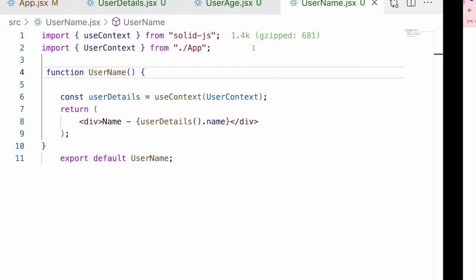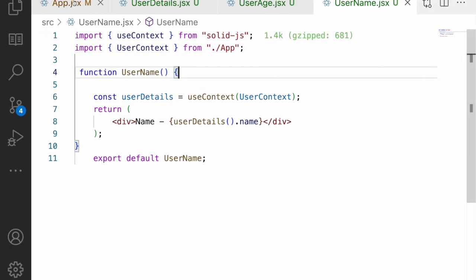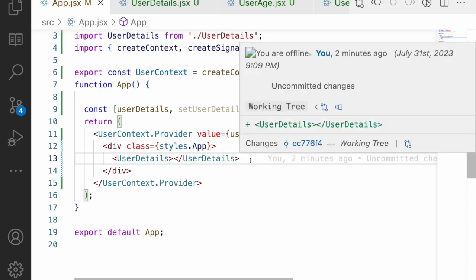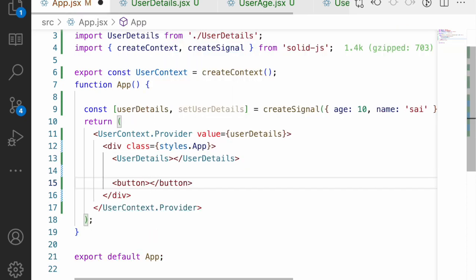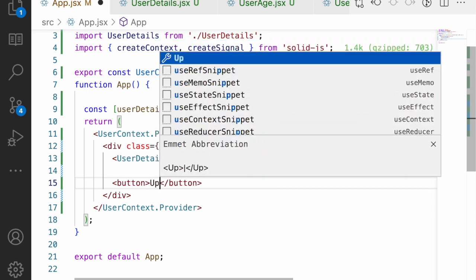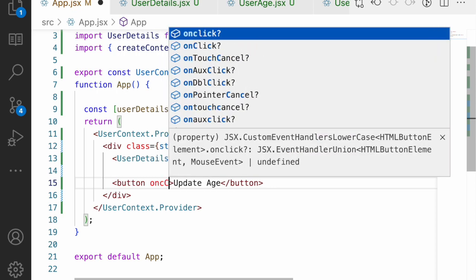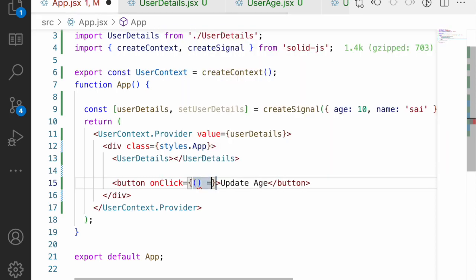Now, if you update that value, in that case, it will not follow the nested structure. Instead, it will update only that specific value. For example, I have a button over here, and I want to update the age of the signal. So let me use update age, and let me go here, just use on click, and this on click will receive an arrow function,